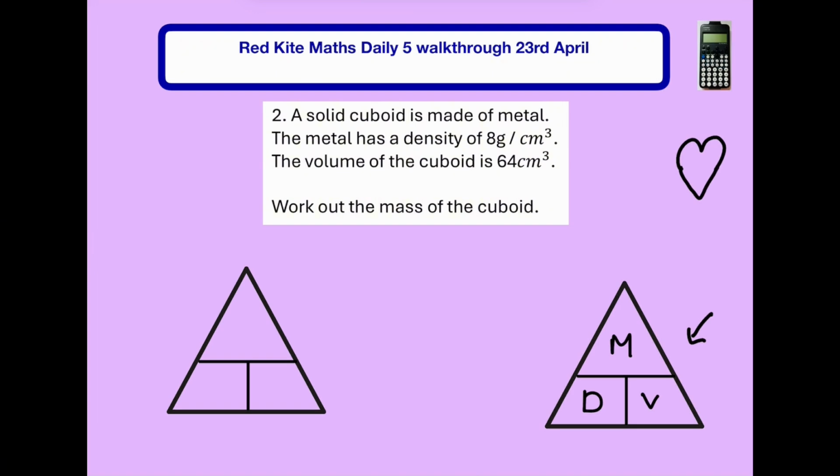So we've got our information, so let's plug it into our formula triangle. The density is 8 and the volume is 64. So what we need to do is to multiply 64 and 8, and if we do that, our mass, we will find out, is